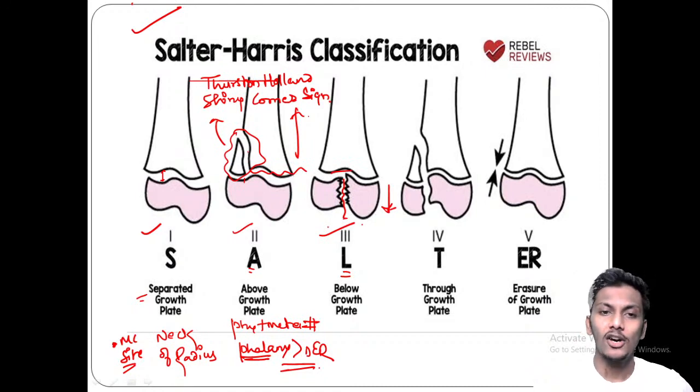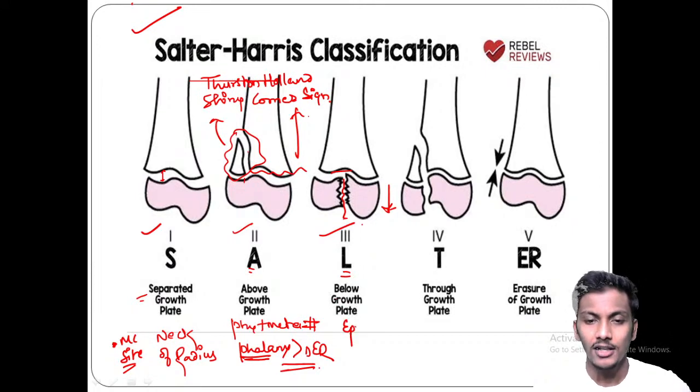In type 2 what was happening, where was the fracture? In the metaphysis. In type 3 where is the fracture? In the epiphysis. Okay, so please remember physeal plus epiphyseal separation along with the epiphyseal fracture can be